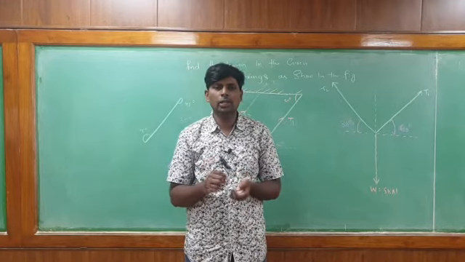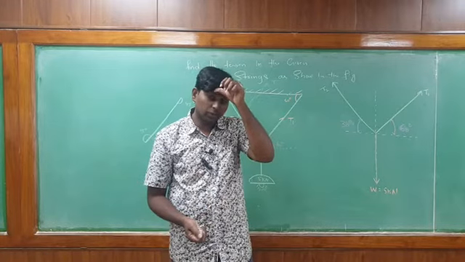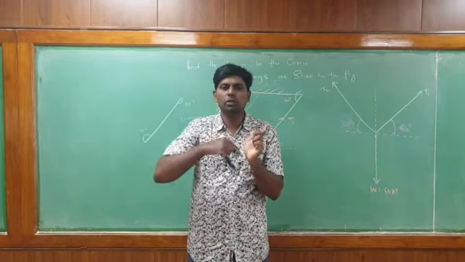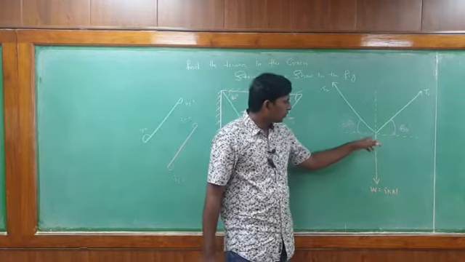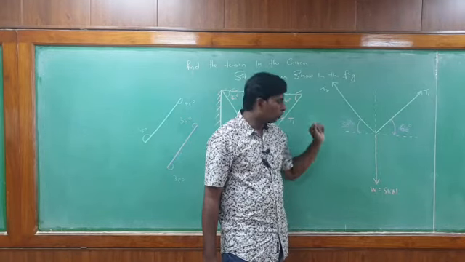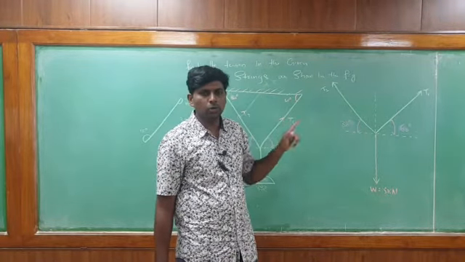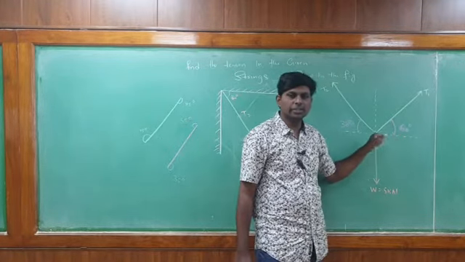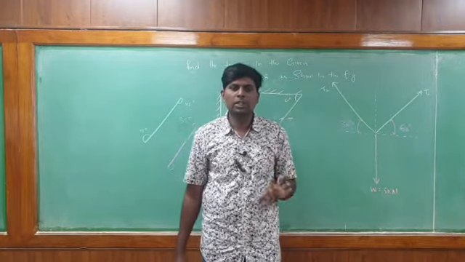Now in Lami's theorem, if three forces acting at a point are in equilibrium, then each force will be proportional to the sine of the angle between the other two forces. For that what you have to do? Between the forces you have to find out the angle. Here totally how many forces are there? 3 forces are there. First force I represented as T1, second force as T2 and third force as W. So, T1, T2 and W. Between this how much angle is there here? 60 degree. Between this how much angle is there here? 30 degree.